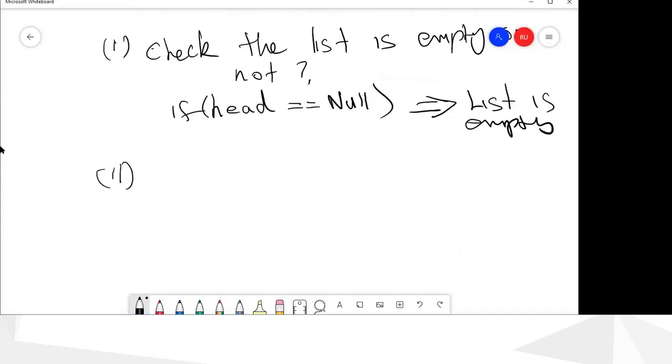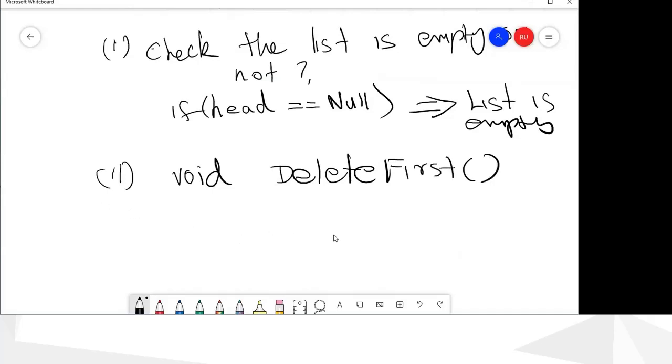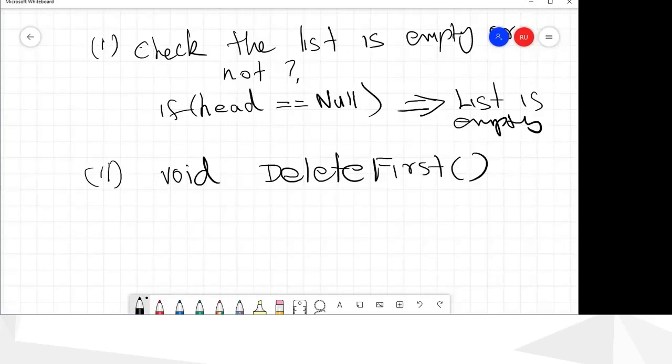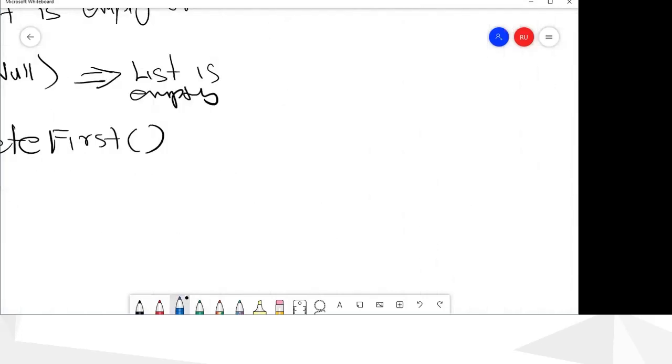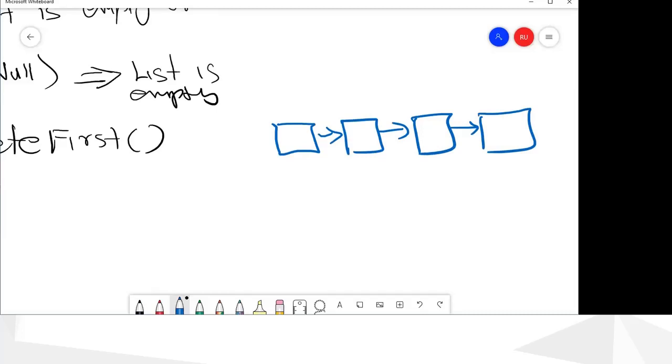Else, the first one is delete first. How do you do it? Now the list is not empty, so this is the head pointer and this can be the tail.